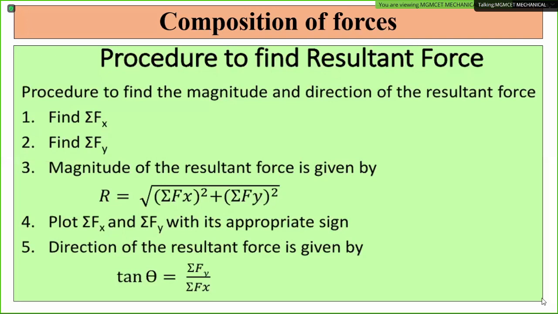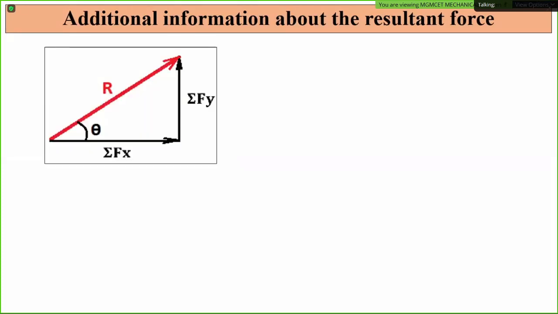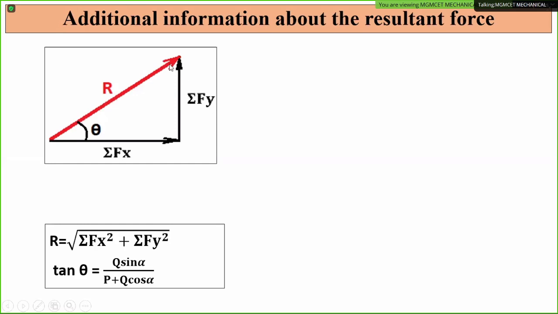After this, we have already discussed that R gives additional information about the resultant. If I have to represent the resultant, this red color one is the resultant force and its components will be summation of fx and summation of fy. Means if I resolve the resultant into its two components, summation of fx is the x component, summation of fy is the y component. And from that, by the Pythagoras theorem, we can say, what is the Pythagoras theorem? Hypotenuse square is equal to side square plus side square.